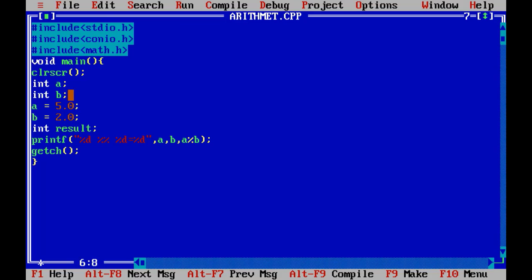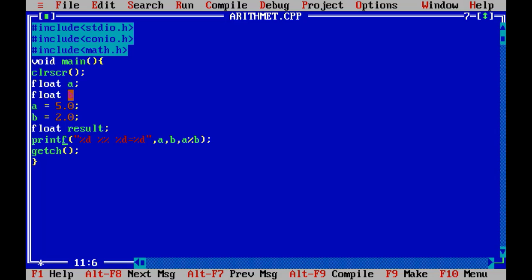So here I need to make changes, float a, and here float b. Okay, now our a and b are floating point values. Perfect. Now result also float. Why? Because we are going to make use of the fmod function.